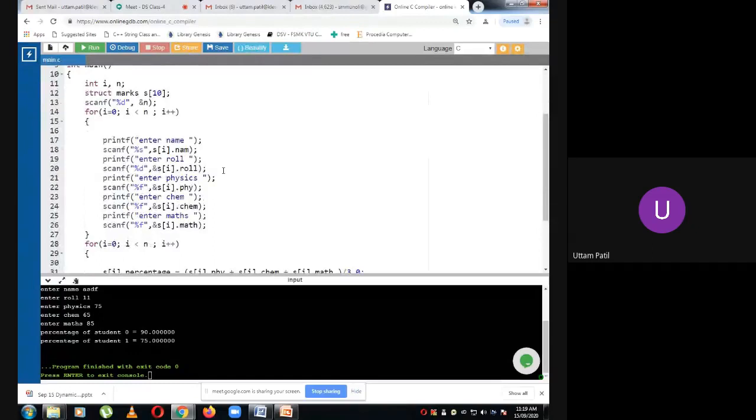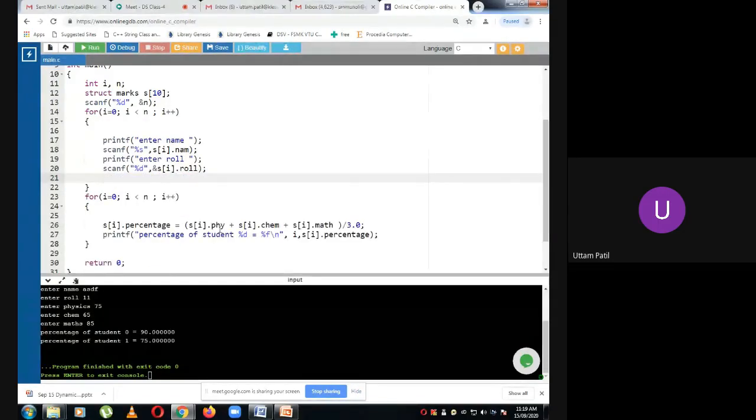Instead of writing all these statements for name and roll number, I can just use a loop here. So I write for j is equal to 0, j is less than 3, j plus plus.